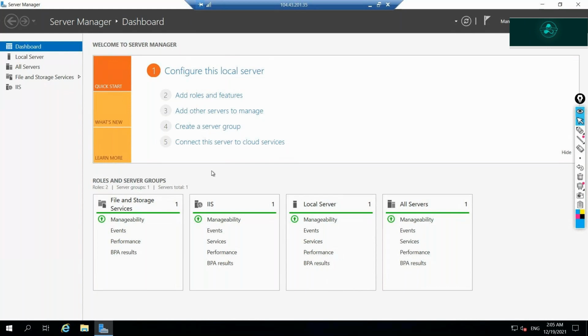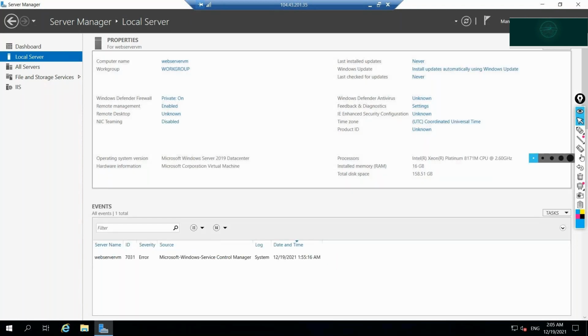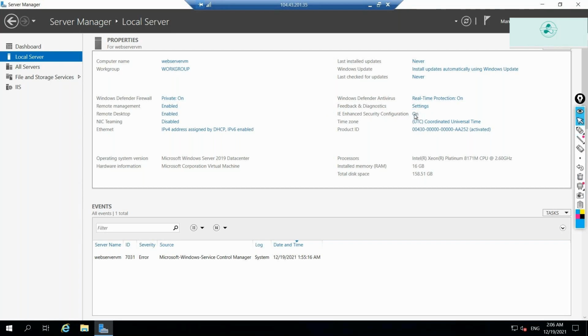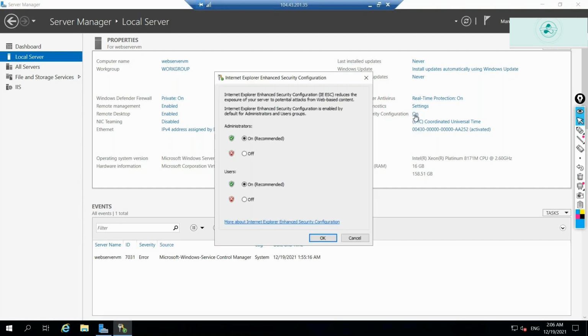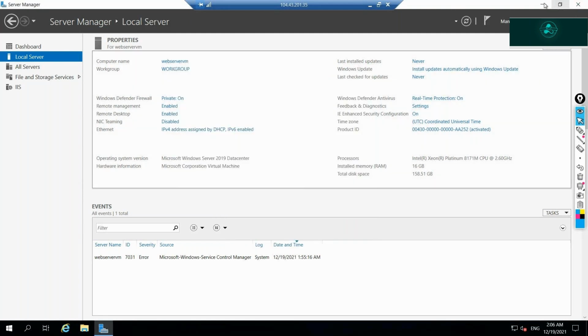Now, once I'm here inside the Server Manager, I'm going inside the Local Server, and there is a feature here called IE Enhanced Security Configuration, Internet Explorer Enhanced Security Configuration, and it is by default on. So I'll do one thing. I want to switch this off because I want to use the internet on this particular machine. I'll just click on the on button, say off and off, say okay,